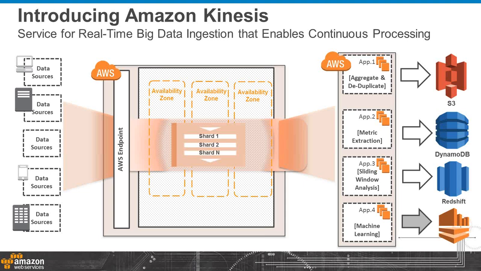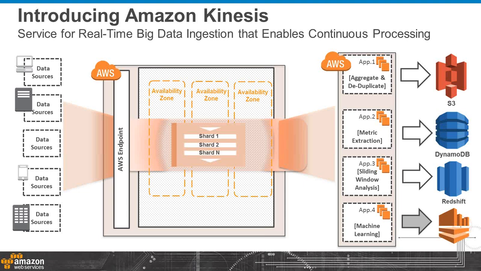In this diagram, we see data coming in from a variety of different sources. In your specific use cases, it could be IT infrastructure logs. It could be your mobile gaming application running on a smartphone. It could be data that is put into Kinesis from a web browser directly. And Kinesis will reliably, scalably, and durably persist that data as it's put into it and then expose it into your processing instances. And you can imagine having multiple different kinds of applications processing the same big stream of data.